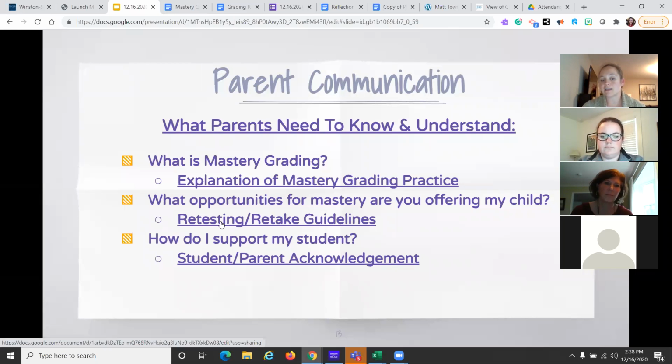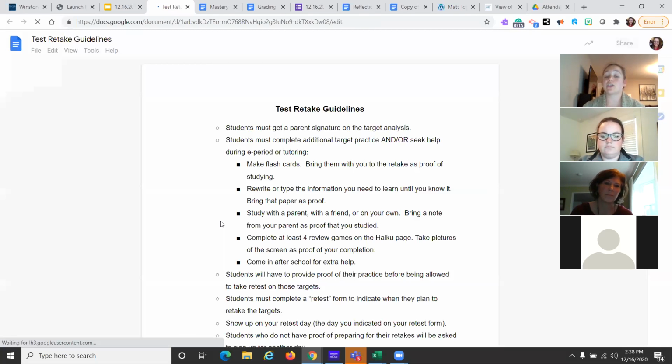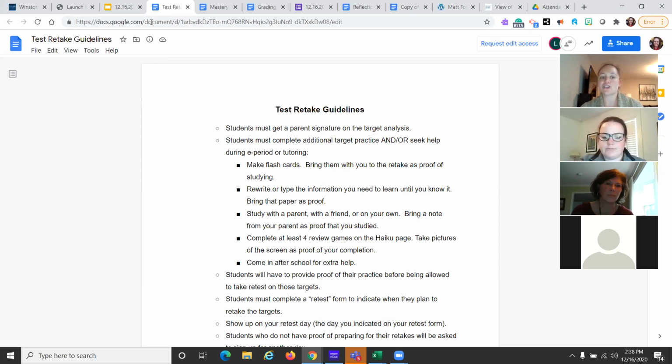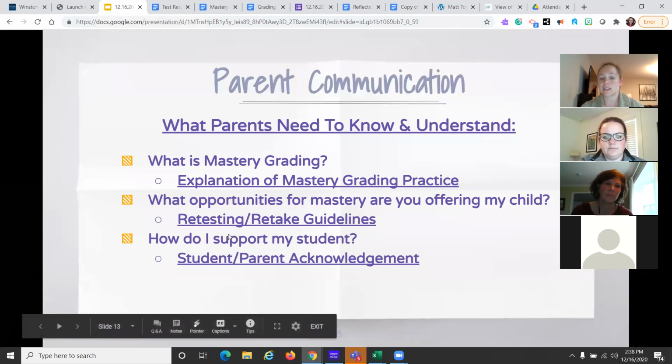And so she had some guidelines and the communication up front about what those guidelines would be, that this is not something you just take for granted, but there is an accountability piece. If you're going to retake and redo that work, we're going to put that work and that onus back on you. And so she has a ton of great resources, like I said,